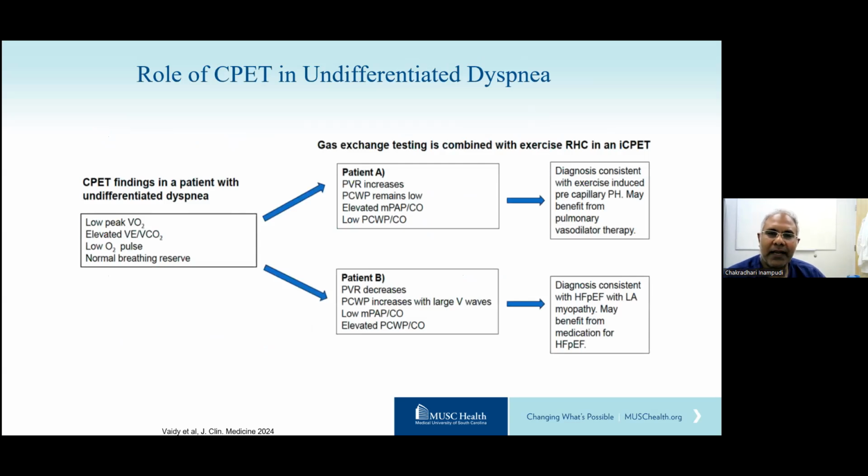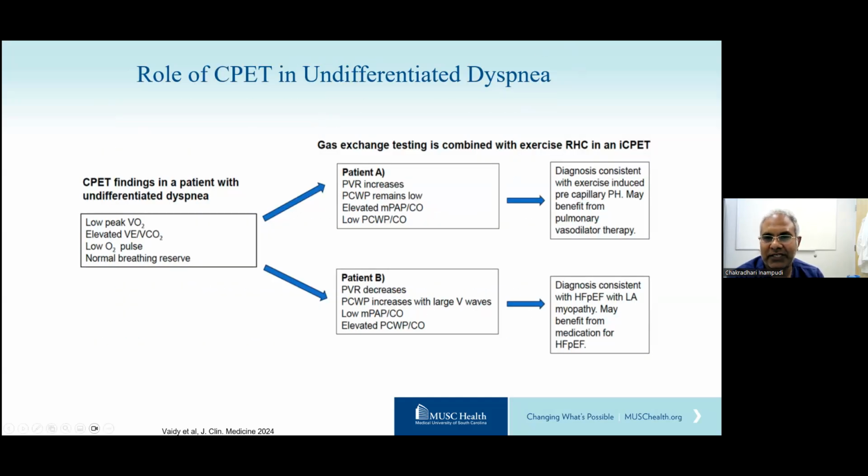Now, the role of CPAT in undifferentiated dyspnea. The CPAT findings in a patient with undifferentiated dyspnea are that you will notice these patients experience low peak VO2, elevated VE/VCO2 slope, low O2 pulse, and a normal breathing reserve. Now, it's important to understand that,